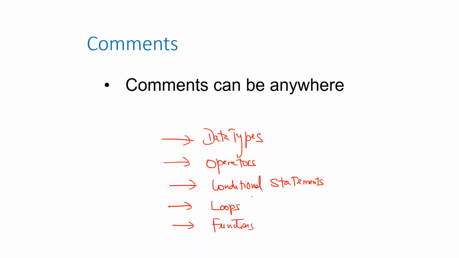So this is the bare minimal requirement for learning any programming language. Whenever you are starting a programming language, these are the 5 concepts that you have to quickly touch upon to start using it. And later on, when you go further, you can dwell deeper into it. So to start with, these are the 5 fundamental concepts that you have to understand to get a hold of that particular programming language. Embedded C is a programming language which is similar or in line with C programming language, which is more predominantly used for firmware development for embedded microcontrollers and processors.